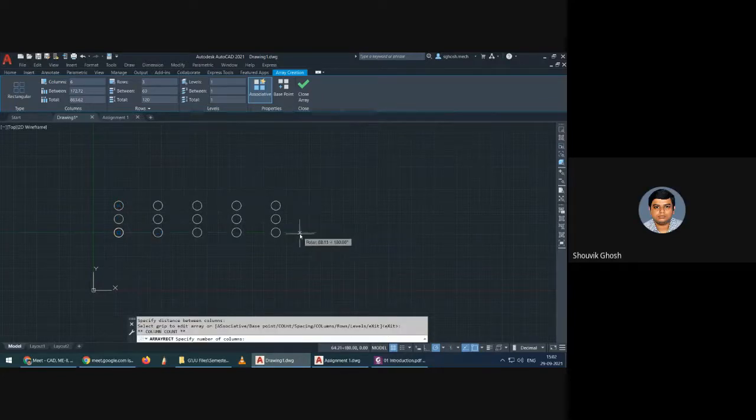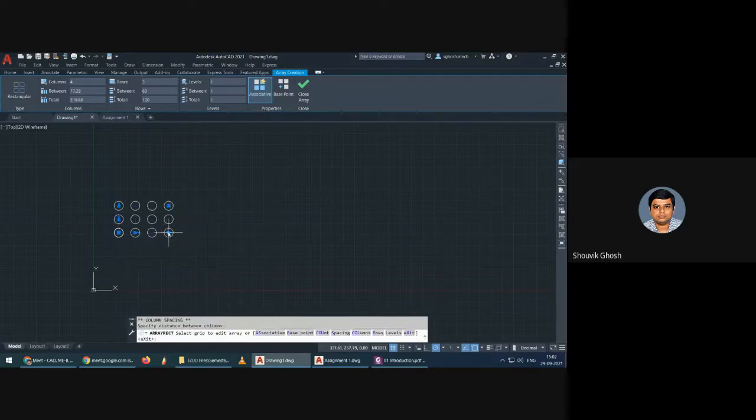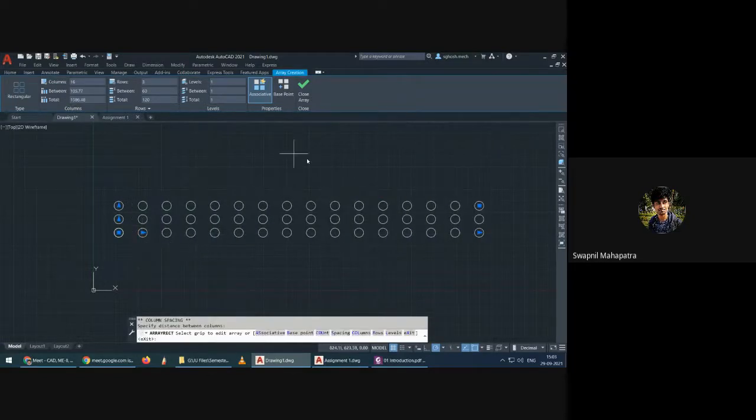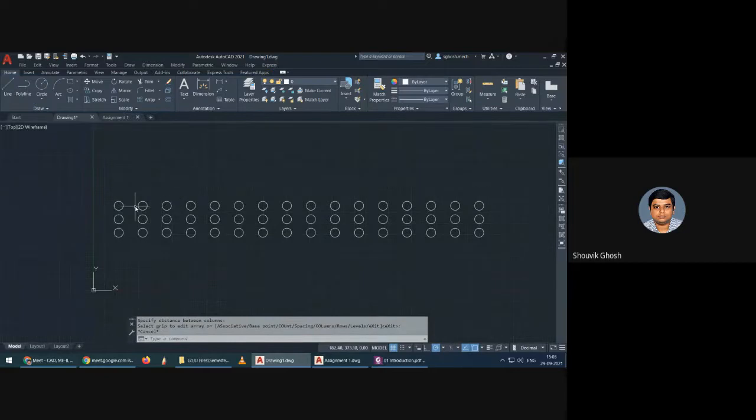And total value is this one. If you change this total value, you can see two numbers have decreased because I have already specified or fixed the gap. If I start increasing this, since the gap is specified, the number of columns will increase, but the gap will not. So similarly we can create a multiple number of objects.